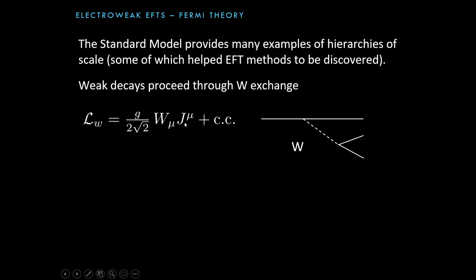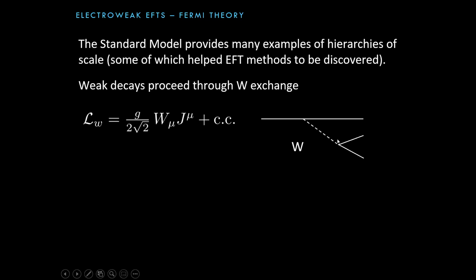These currents describe the pairs that are participating in the charge current weak interactions. W is complex, of course, because it's a charged boson, and so you have to add the complex conjugate to have a Hermitian Hamiltonian. And it's well known that this graph is very much like the one in our toy model. If we're at energies very low compared to the mass of the W boson, then